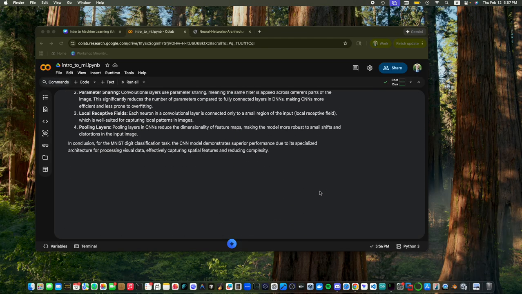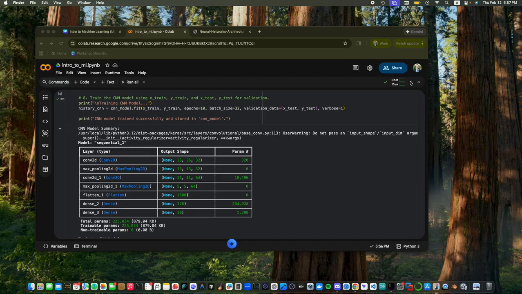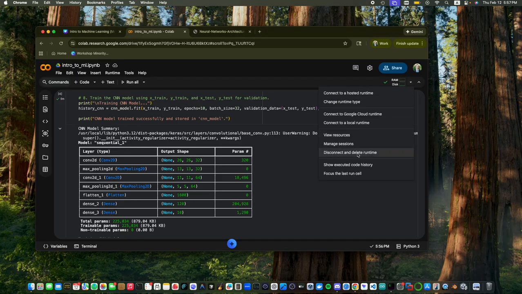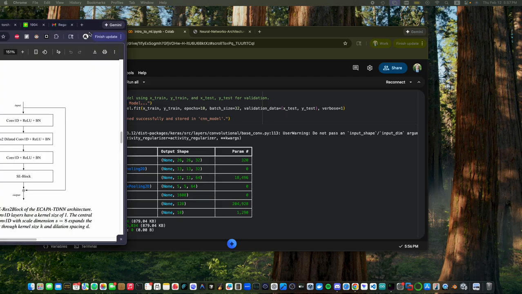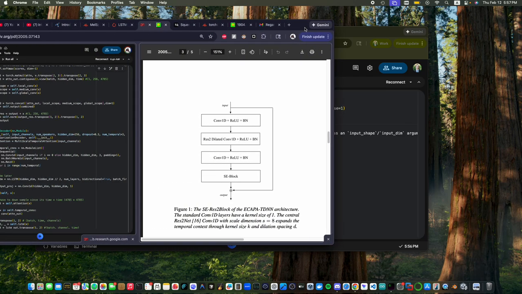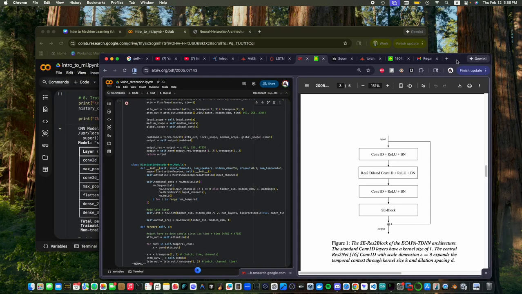So now we're done with this. I'll give you guys some free tools and resources to get started. So we want to delete and disconnect from the runtime. First of all, for Google Colab, as students we have Colab for free because we're cool like that. So you have access to very powerful GPUs.